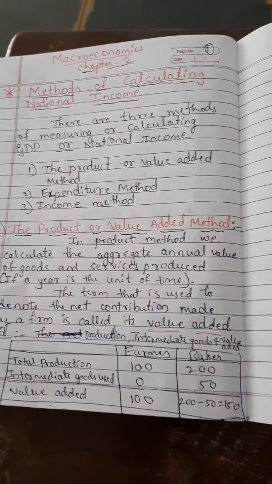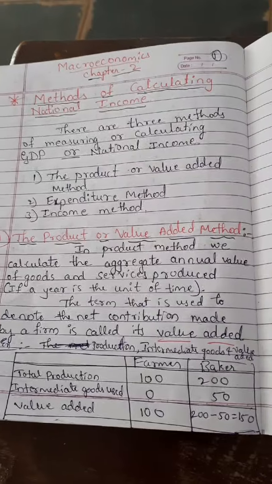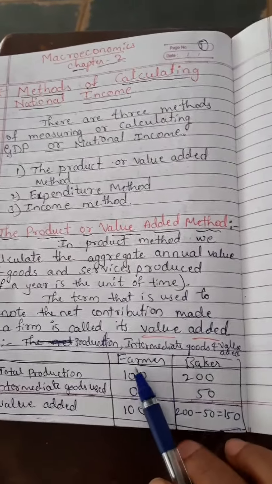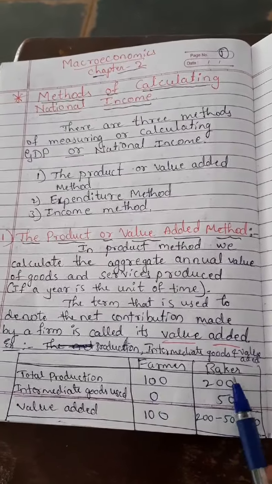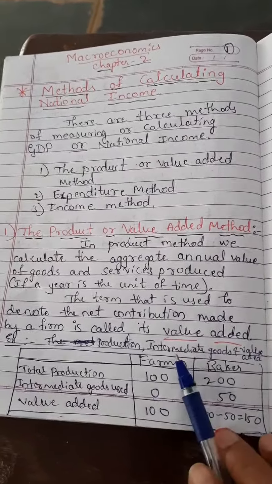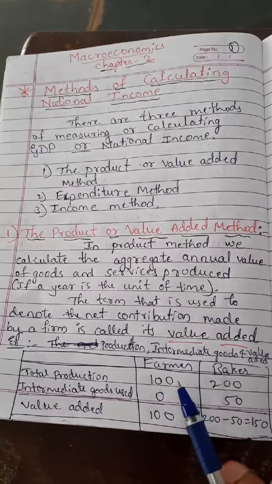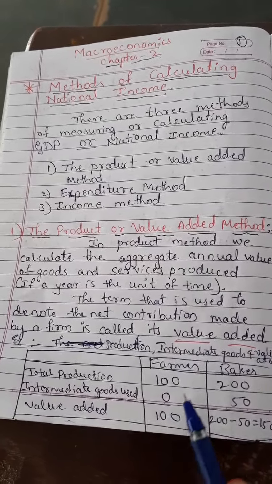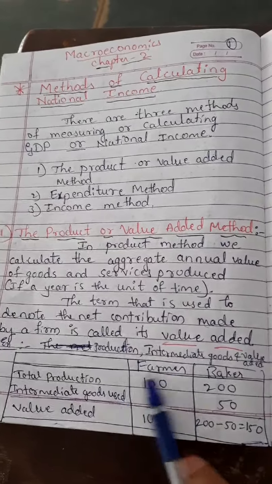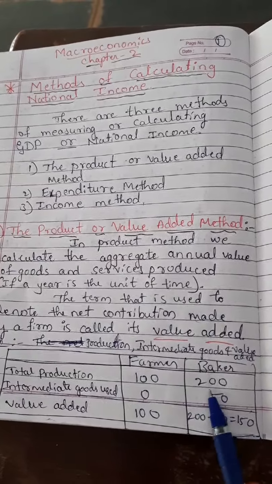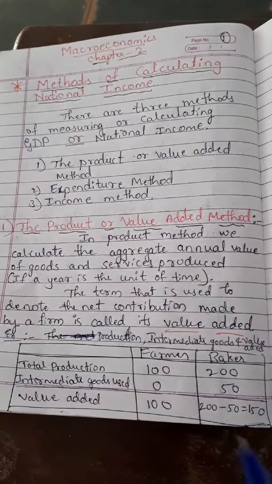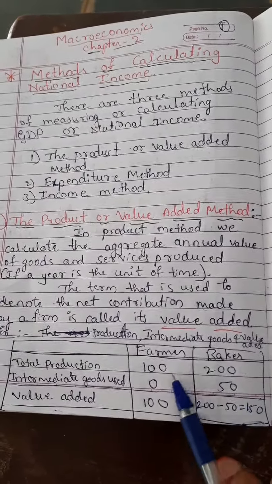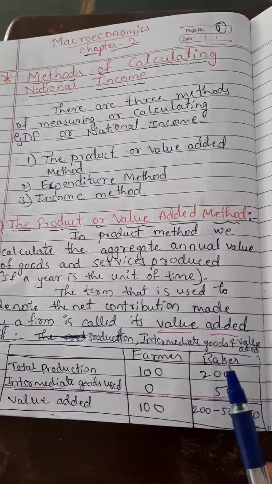Suppose in an economy there are two firms or two producers, the farmer and the baker. The farmer produces wheat and the baker produces bread. For example, the farmer produces 100 units of wheat in the agricultural sector as total production, and the total production of the baker is 200 pieces of bread or 200 units of bread. But the baker needs the wheat for the production of the